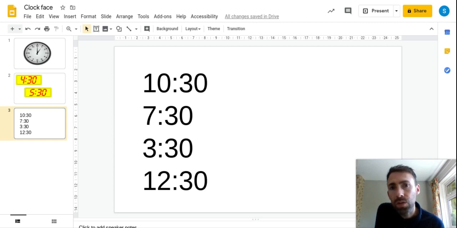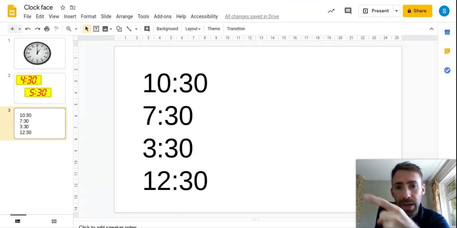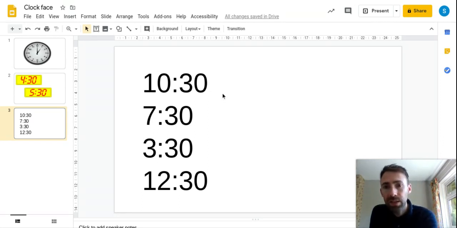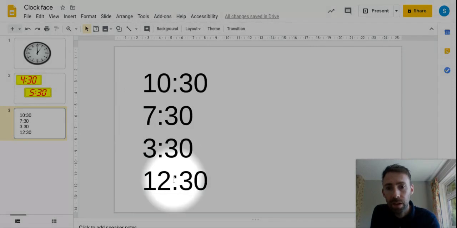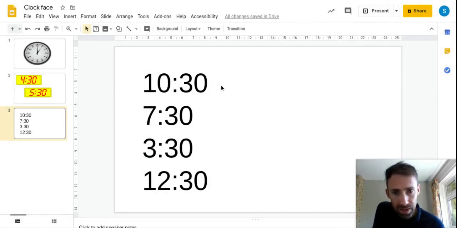So now, here's your challenge for today. I want you to go and ask your mummy or your daddy to go and write down some half past times like these over here. And you can get them to write them down like this. And I want you to tell your mummy and daddy what those times are. So, for example, our first one here is, this one here is